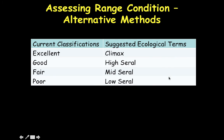This second method really is similar, but instead of the percentage of climax populations, it's based on something I think is more realistic, and that's seral populations. So 100 years ago, we didn't have great records of what plant species were actually on rangeland. A lot of that decision was made based on observation, Native American and early settler accounts, and some fossils, but very few. So today, one of the ways that we can assess rangeland is on this seral population,